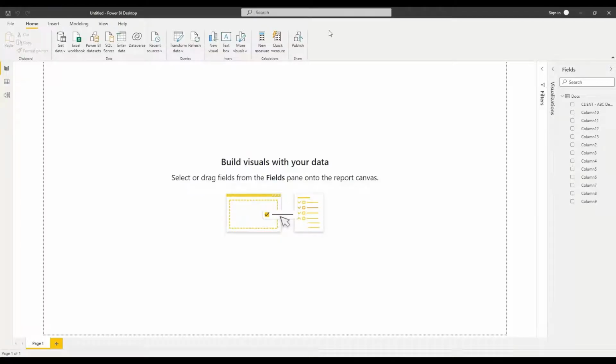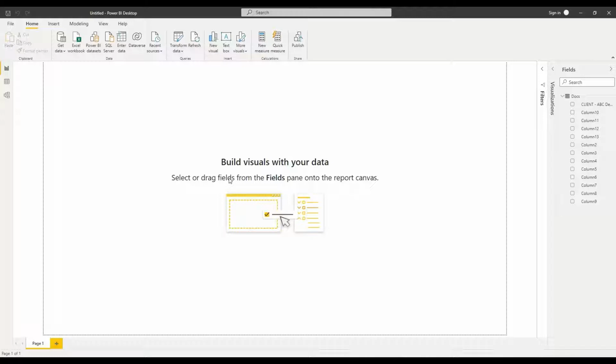Let us see now how to change the data source. For example, we saw that the exercise file was in a specific folder. Now let's say after your development stage, when you are developing your Power BI report, you want to change the destination folder from a development stage to the go live stage. Based on that, you got to know how to change the path of your data source.